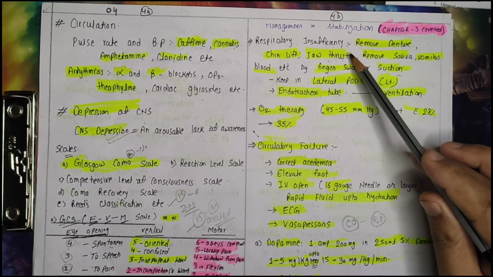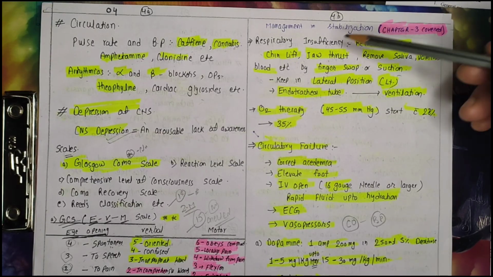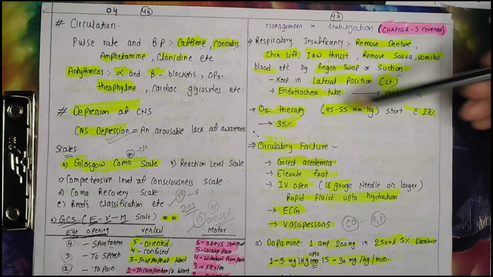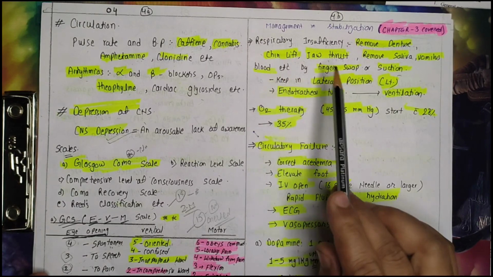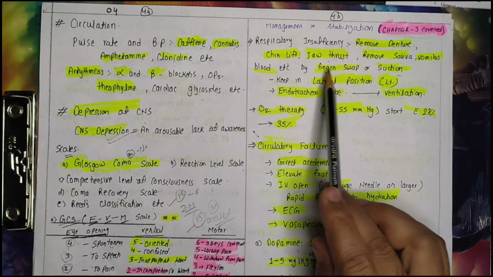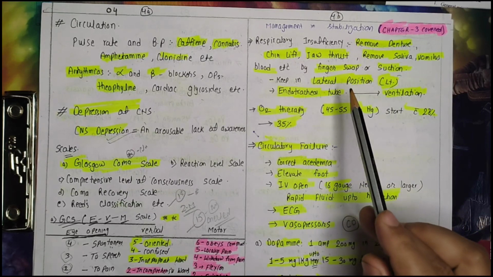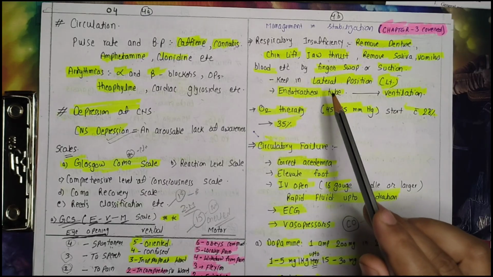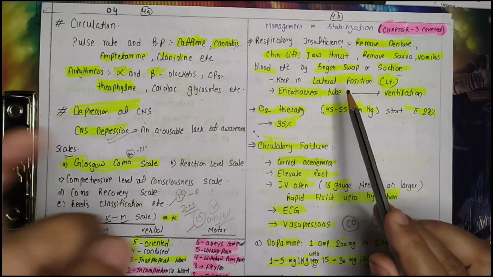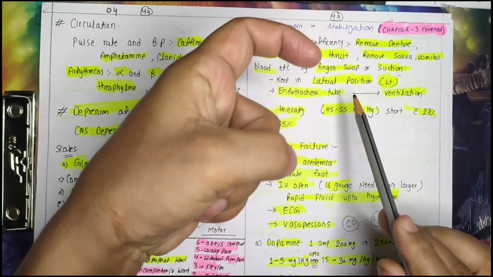Now here, if there is respiratory insufficiency, then we have to clear the respiratory tract. We have to lift the chin so that the airway will be visible and open. Then we have to provide the thrust to the jaw so that if there are some obstacles, they will come outside. Then we have to remove saliva, vomitus or blood so that it will relieve the choking. This can be done by finger sweep. Finger sweep means we make our finger like this, keep it inside the mouth and